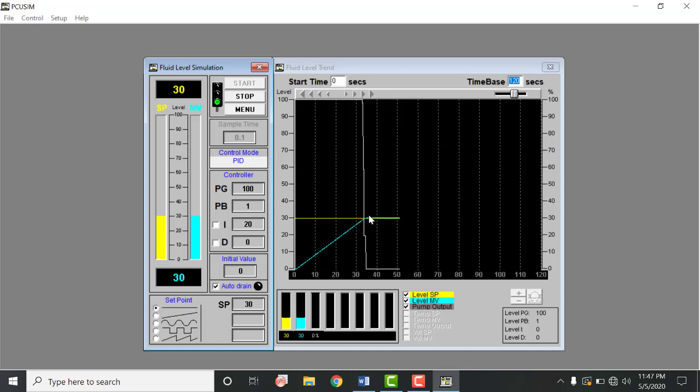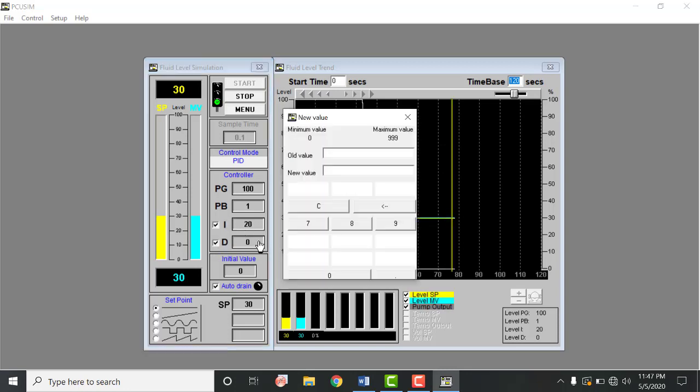For example, if this flow level is increased above 30 points, in that situation this auto drain will start, but in that situation this proportional value does not work, because it cannot handle the negative difference. For example, 30 minus 31 or 32, the result would be negative, so it cannot handle that. So let's start this integral and derivative model.